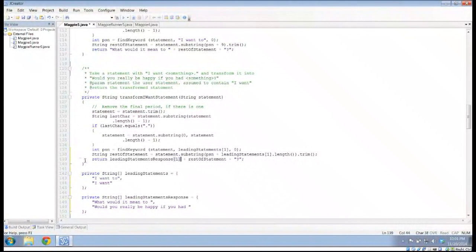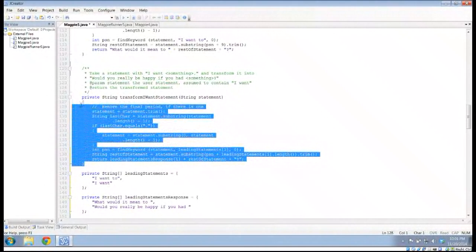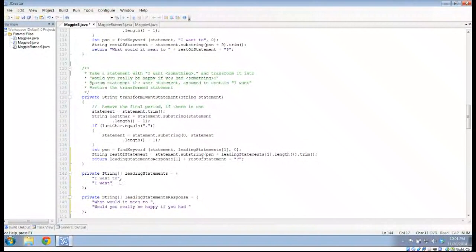So in other words, this method does exactly the same thing, but instead I'm preparing it, I'm refactoring it to use these arrays. So if I want to add another element, like if I want to add "I like" to this,